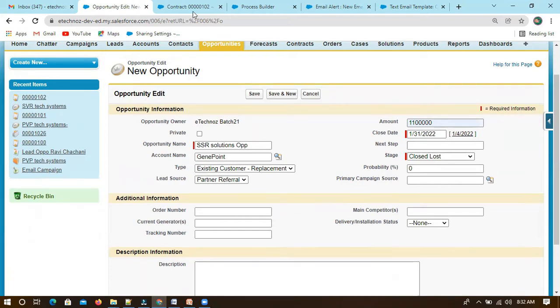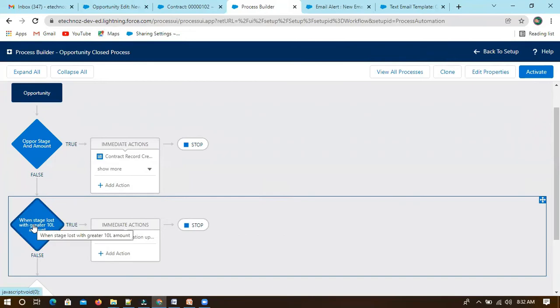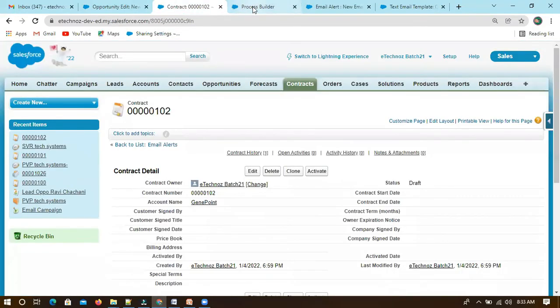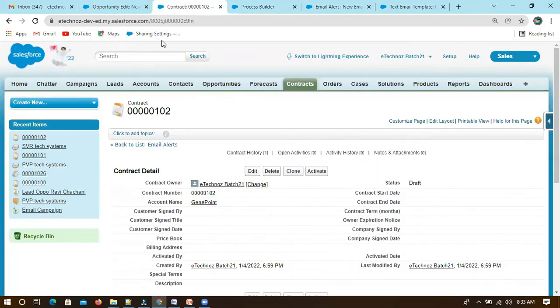This will execute the same process builder, and it will go to this else if loop. Within this else if, it will check what actions we can perform. These are the actions we have to perform here, and those actions will be called from the process builder, so it will execute these actions. Right now we have only one email in it.